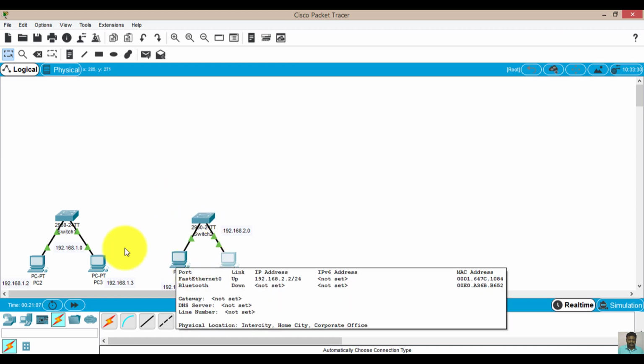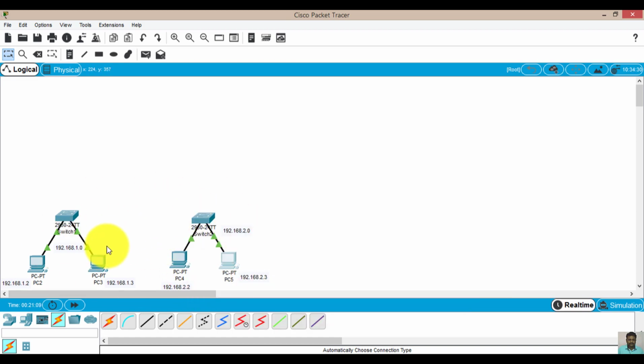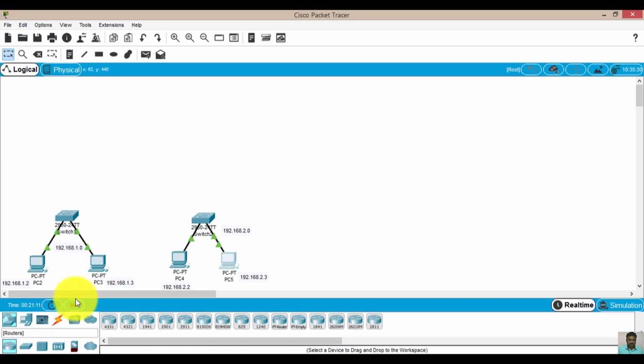Now, to connect these two systems we need a router. Which router? I would prefer a router having Fast Ethernet ports and serial ports as well. So this is my router currently. You can choose any of these, that depends upon usability.